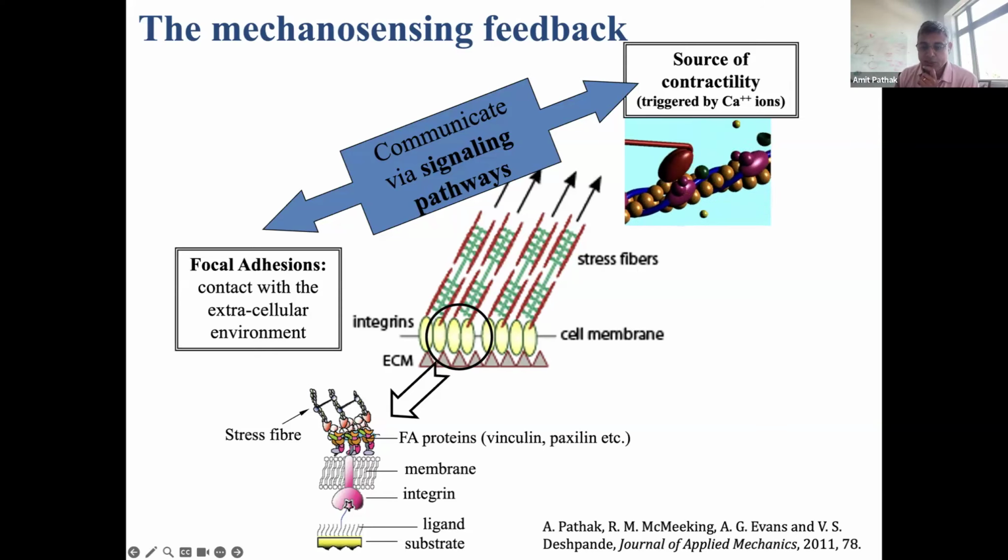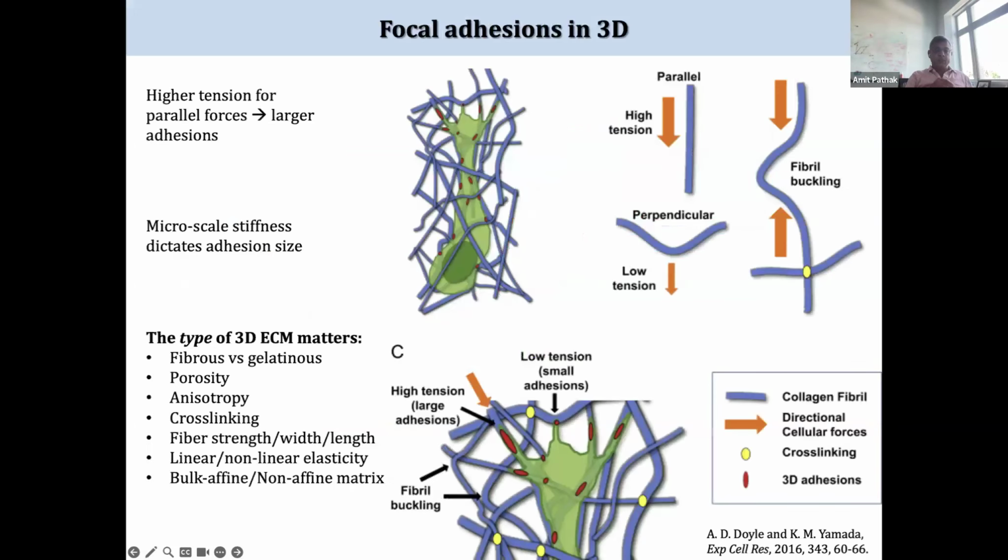So there is a lot more to it. I'll go through it quickly. Whatever I said mainly applies to when a bond is formed and then how it is stabilized, what happens within the cell, what the downstream pathways are. And a lot of it seems like it is only applicable in 2D surfaces, but in 3D, of course, it's going to be complicated. These schematics are showing that, imagine a rope, and if you pull on it this way, perpendicular,